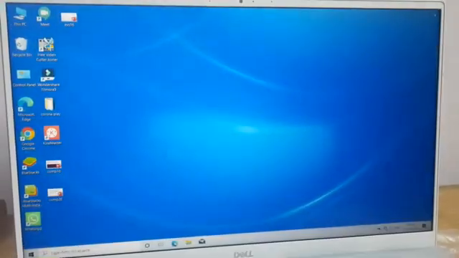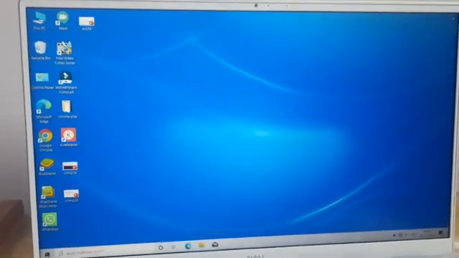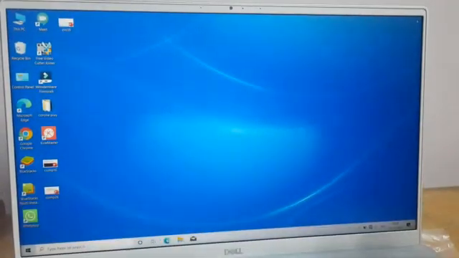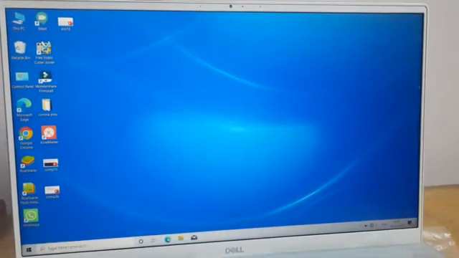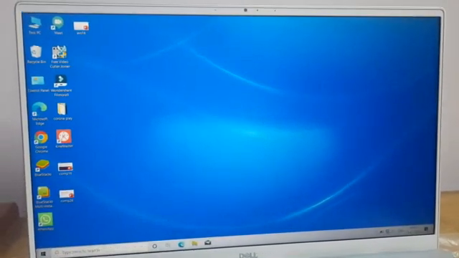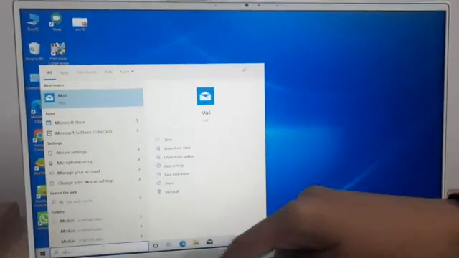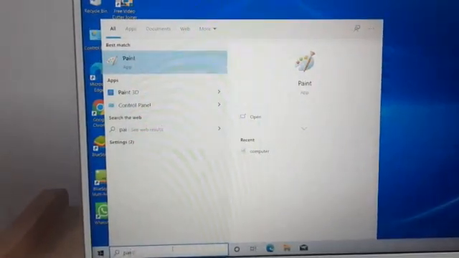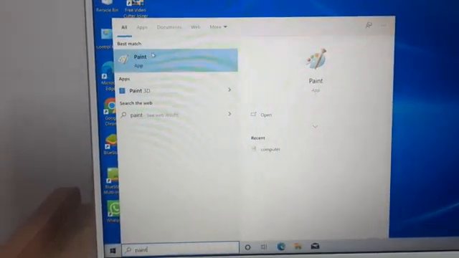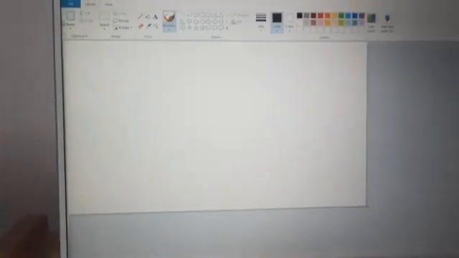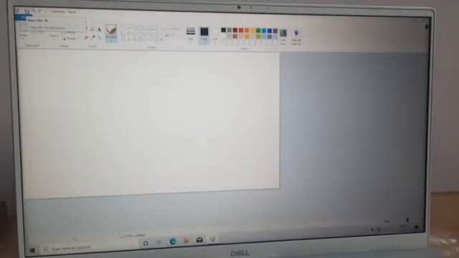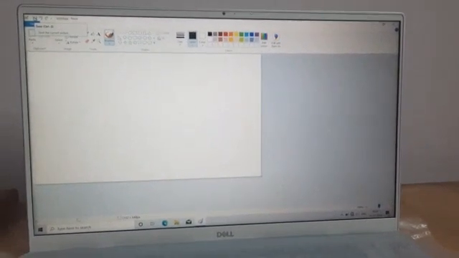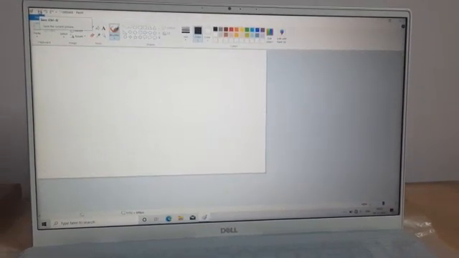Okay, now next is how we can open a drawing. Again, you want to open your drawing. How will you open your drawing? Alright, for this we have to open Paint first. Very simple. Open your Paint. Like this. Now I want to open my file. Now I don't want to save it. Now I want to open my file. So I saved that drawing with the name computer. Now I want to open it.